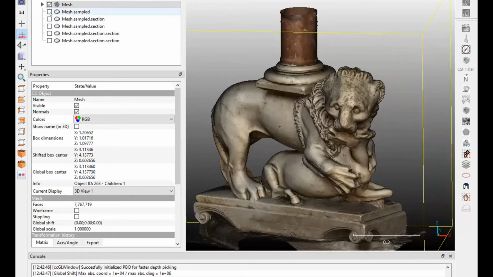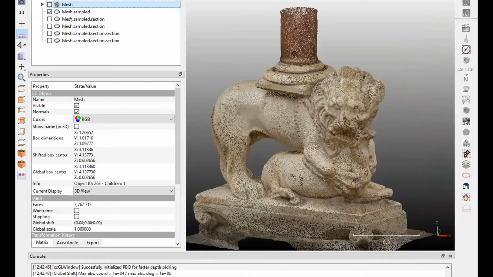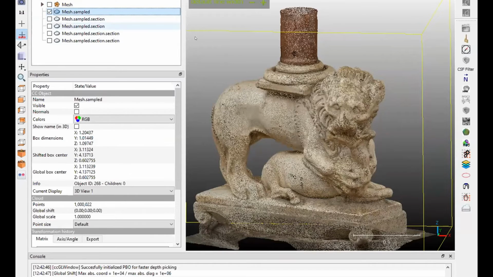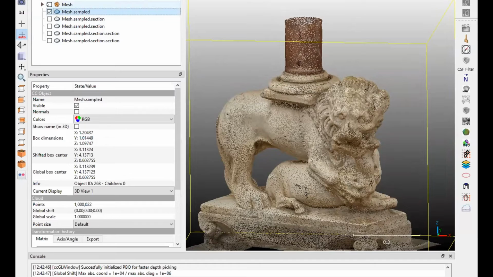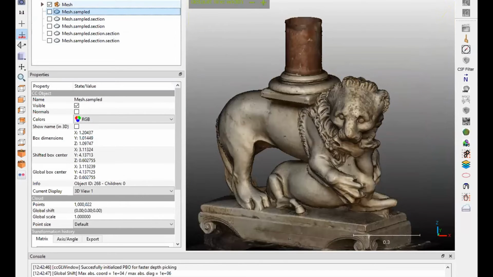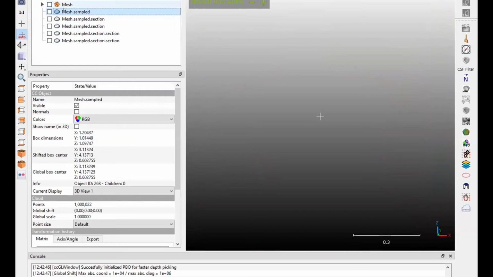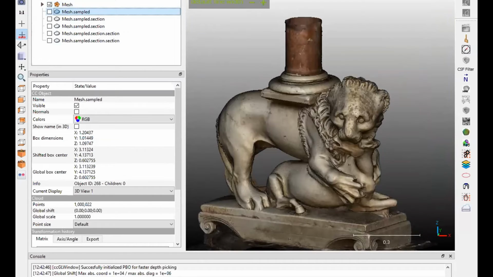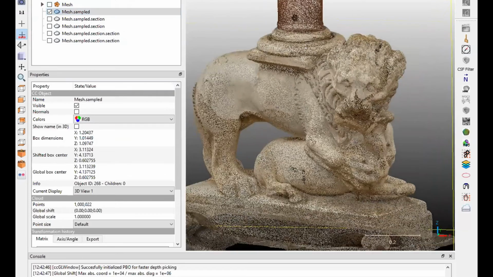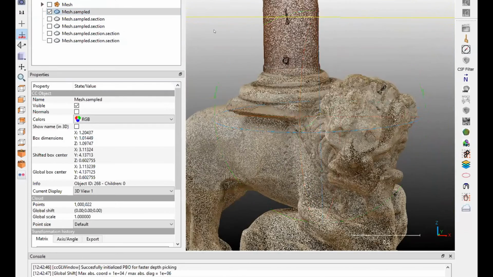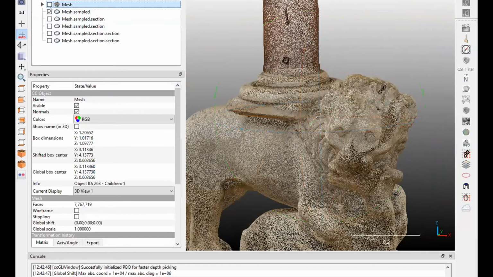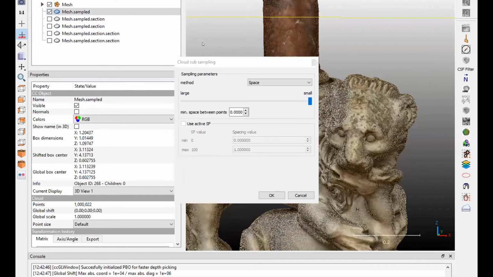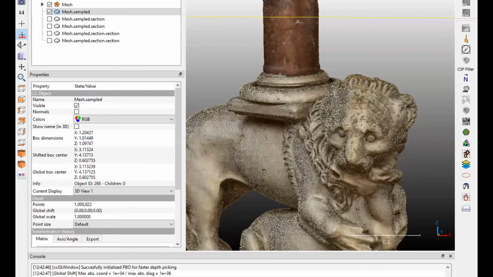What I did, since I wanted to make some operations inside, was to simplify the mesh, making it a point cloud. As you can see from this icon, this one is a triangular mesh, and now I'll close it, switch it off. Now we have point cloud data, because inside CloudCompare we can even make some interesting operations that I cannot